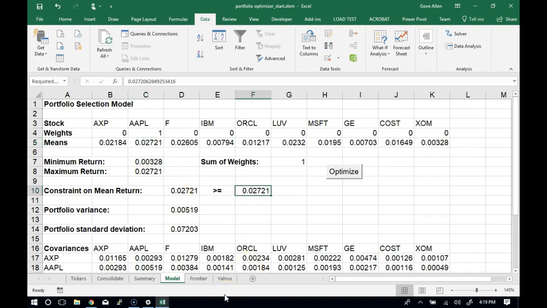I'll put it again to 0.15, 0.015. This optimize button now should also be set up and ready to go. So I should run that, and that should give us now a different optimization that is somewhere here in the middle. And we can see that now has given us an expected return matching our required return,